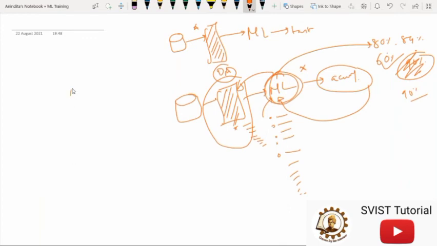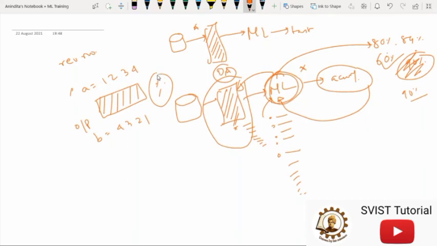Try to understand. Say you are writing one program. This is a very popular program in C, reverse a number. Say this is your original number, and you want an output that will reverse your number. So in between, you have to perform so many calculations. But one thing you have to keep in mind, whichever calculation you are performing, it should not affect your original data. Otherwise, you will not be able to compare, right?